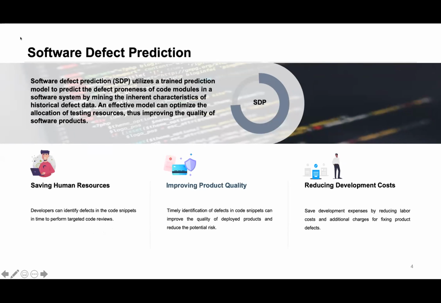Research shows that in complex software systems, defects are often inevitable and defect fixing requires a large number of human resources. Statistics show that more than half of the total cost of software development is spent on fixing defects. Therefore, if defects in the software system can be identified in time at the software development phase, the cost of fixing defects can be greatly reduced.